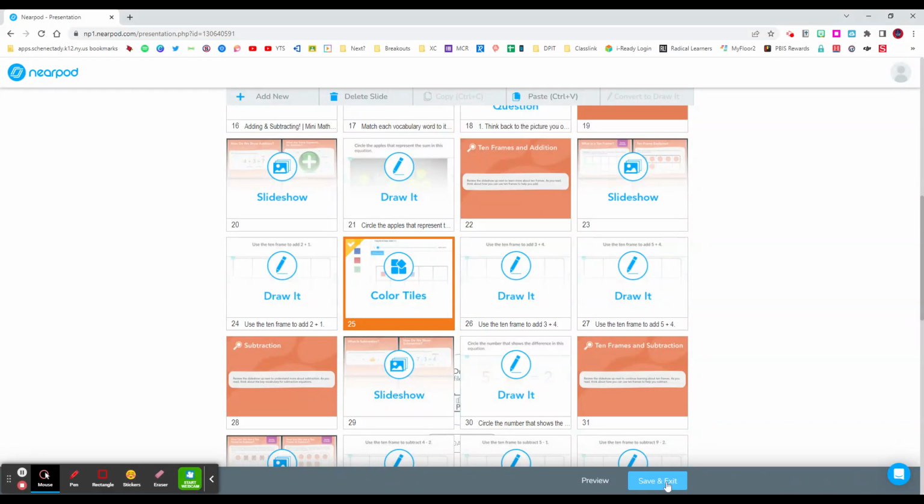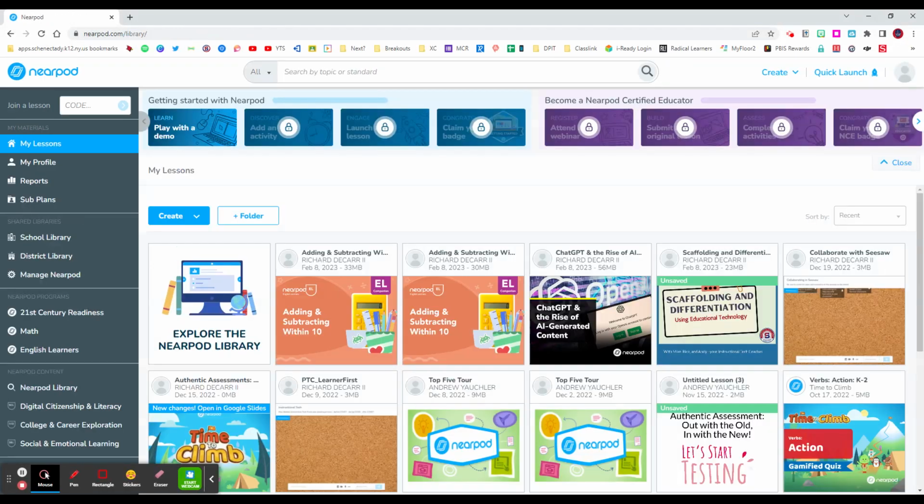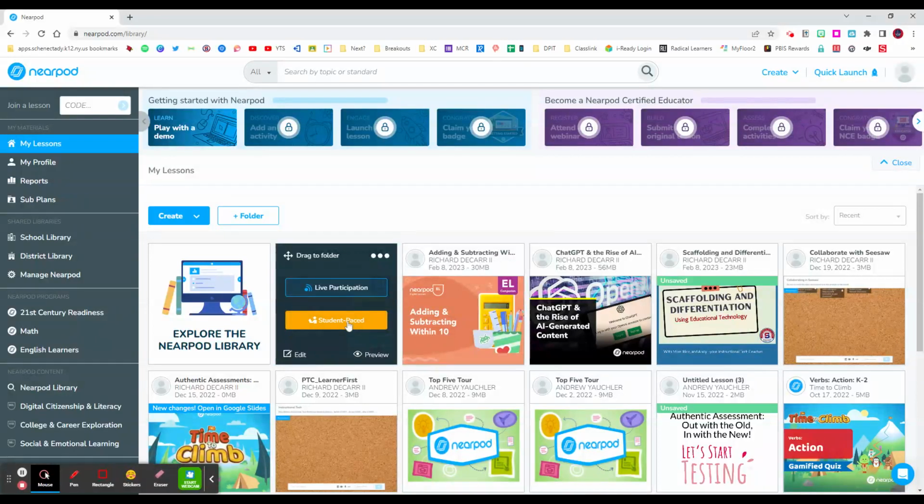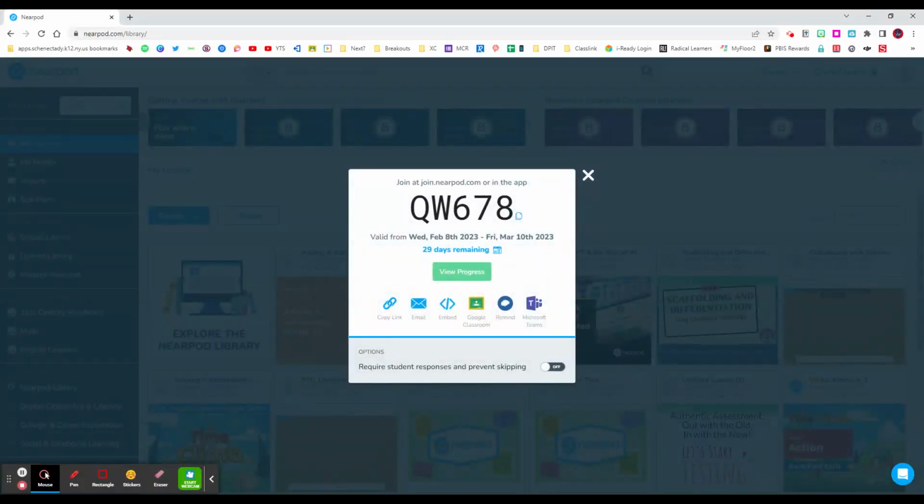get this deck. Now, the magic happens when you've got 2 versions of the deck. A lot of times people use Nearpod at the front of the classroom, but Nearpod also has something called student paced mode. When you turn on student paced mode, it gives you a code. You would copy this link and then go and paste it into Google Classroom, either in the stream or an assignment, and then use your Google Classroom settings to send it to just the kids who need the